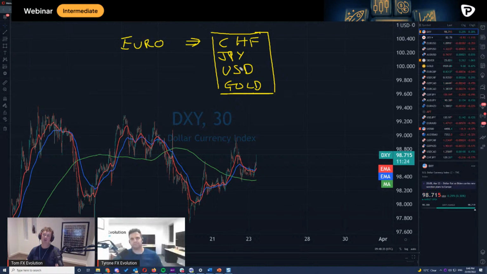And in times when people are looking for safety, usually the CHF and the US dollar are very strong. So what you need to remember is every time you've got one of these global issues, you tend to see money flowing out of Europe, which is what we've seen this time, and flowing into US dollars, flowing into CHF, flowing into some of these other currencies. The same goes for the pound. Now, when it's risk on and all the fear abates, they tend to move up as well.